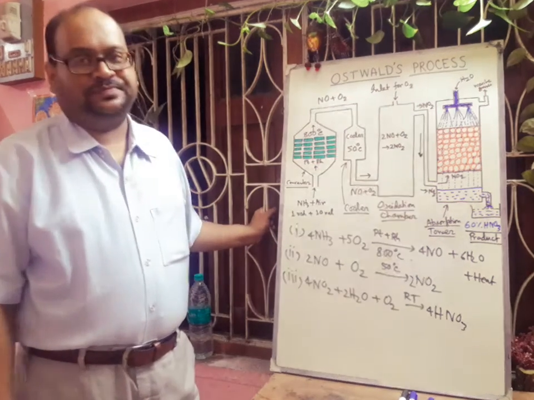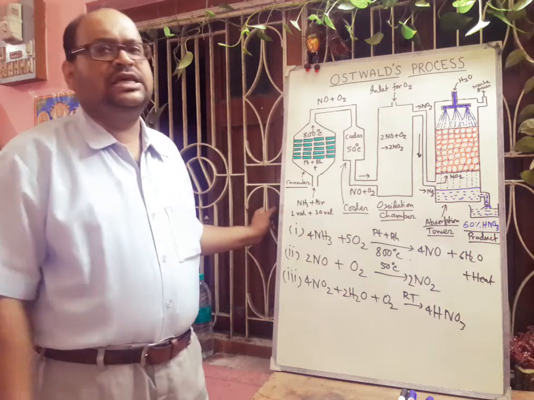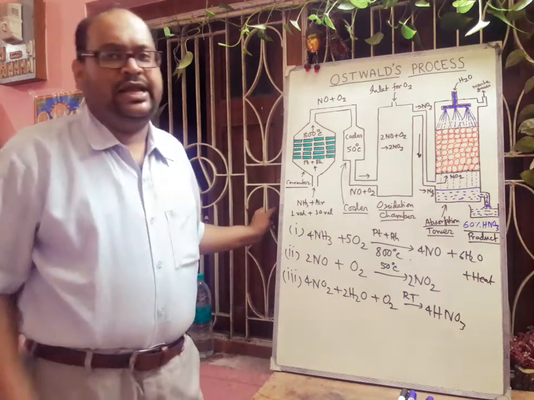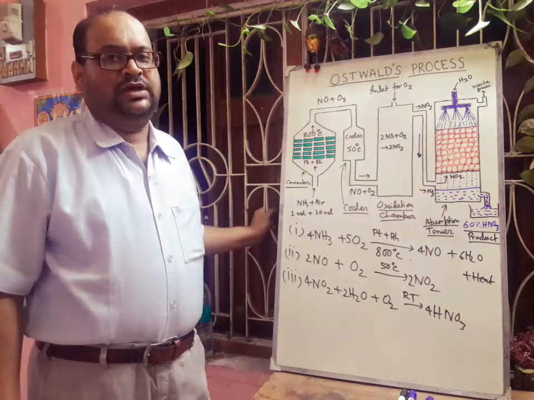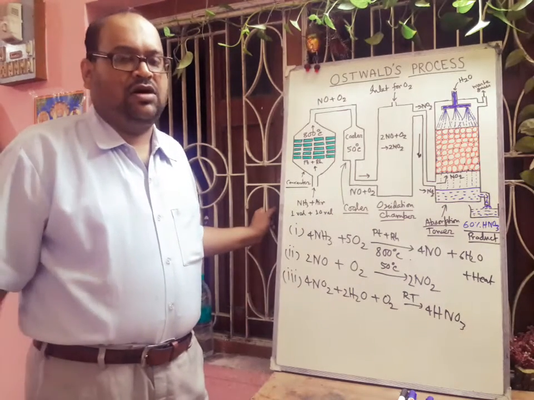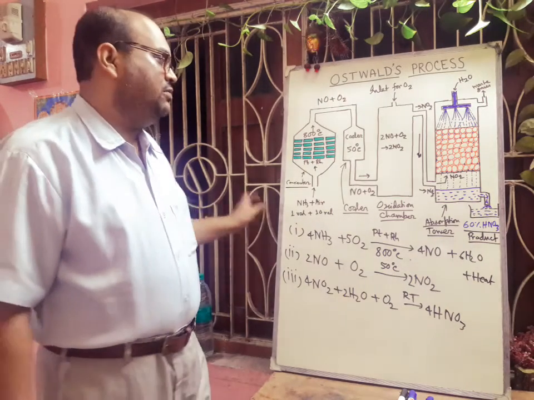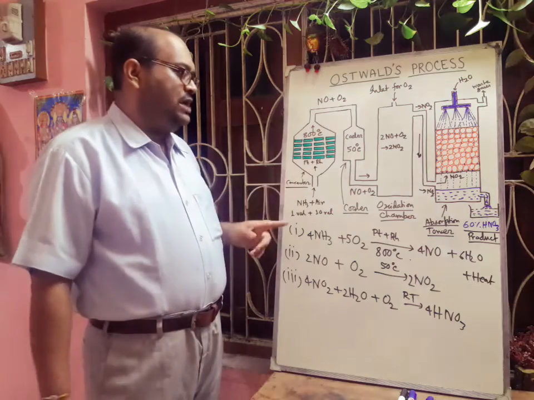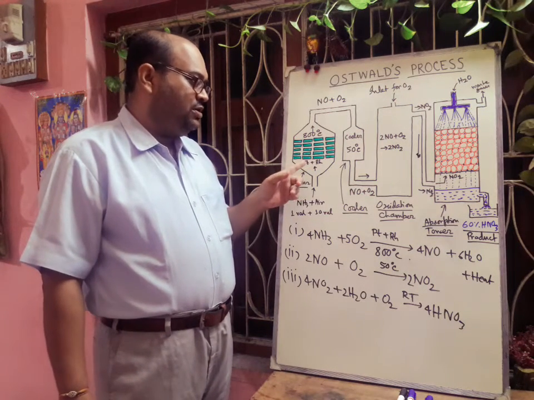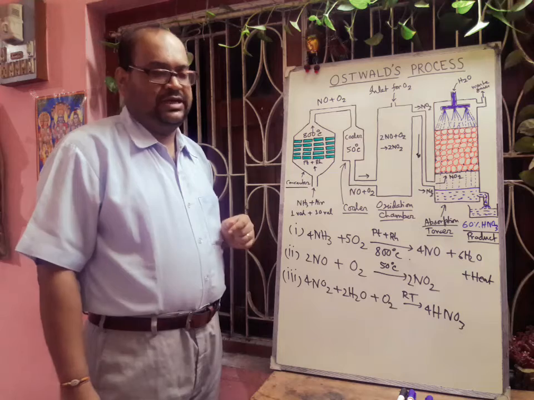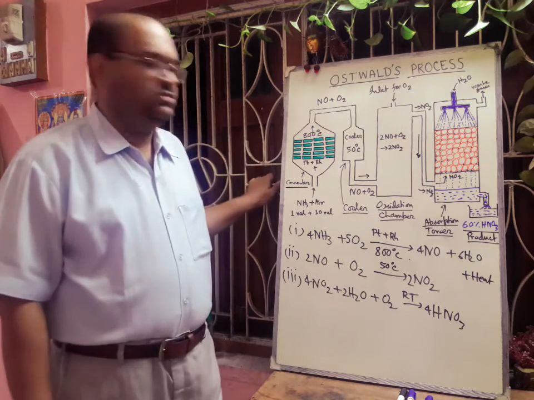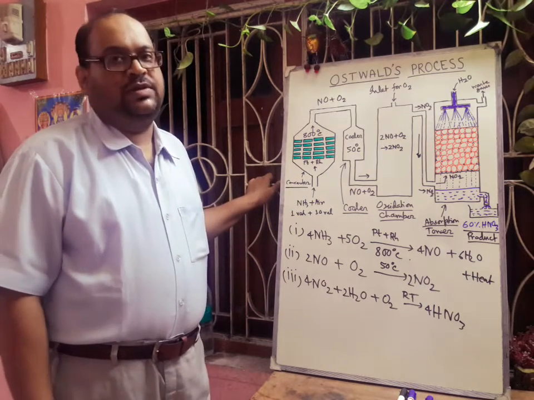Hope you can understand. Next we will discuss the precautions. The gases used here, ammonia and air, must be pure. If there is impurity, it will damage or poison the catalyst. Here we have used platinum and rhodium. We use rhodium because platinum may be oxidized to platinum oxide. To prevent this oxidation, we are using 10% rhodium here. That you have to keep in mind.